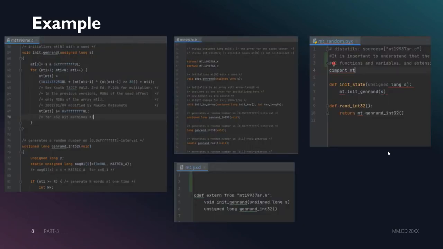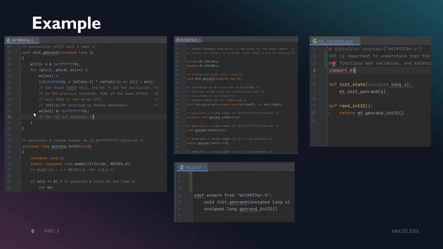We will understand it better with this source code. Here you can see at the left I have my C file. This C file has two functions, init_genrand and unsigned long genrand_int32. Let's assume this is already existing C code that we have, and we want to use it in Python, so that we can have more control and the fast execution of code because of its compiled nature, but can also access it in Python.